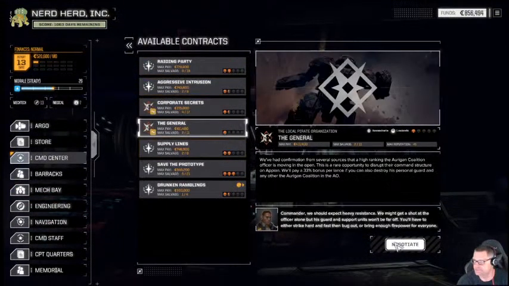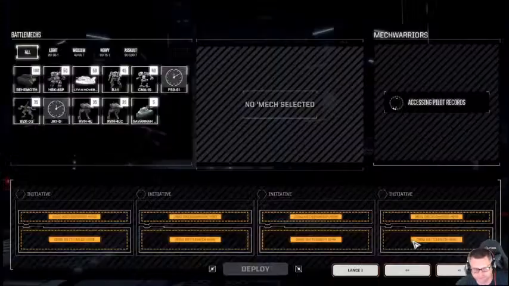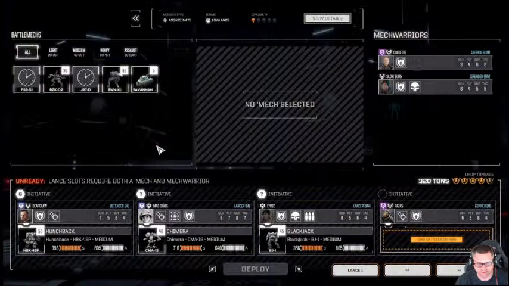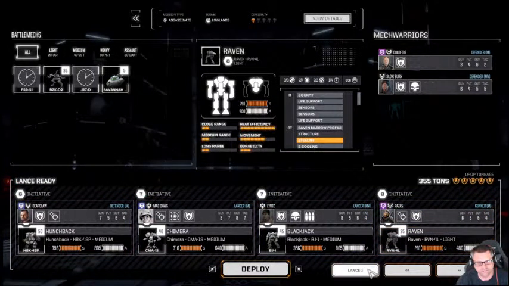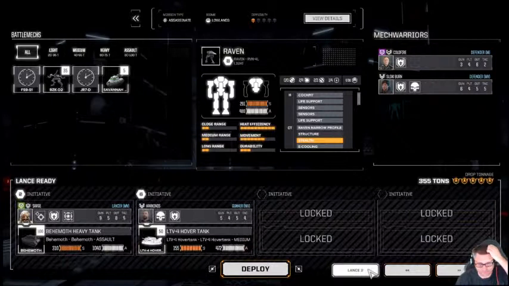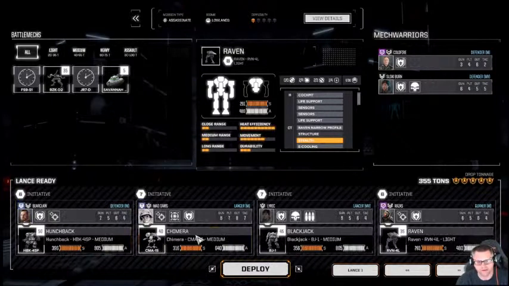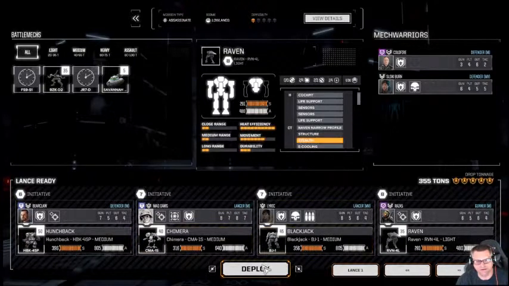Alright, let's do this mission with the general here. Ambush mission. Or assassinate mission, I should say. Alright, we'll put the Raven back into service here. So we've got 2 Ravens, a Behemoth tank, a Hover tank, Hunchback, Chimera, and Blackjack. Should be plenty of firepower for a 1 skull mission. Let's go. Mech warriors, prepare for